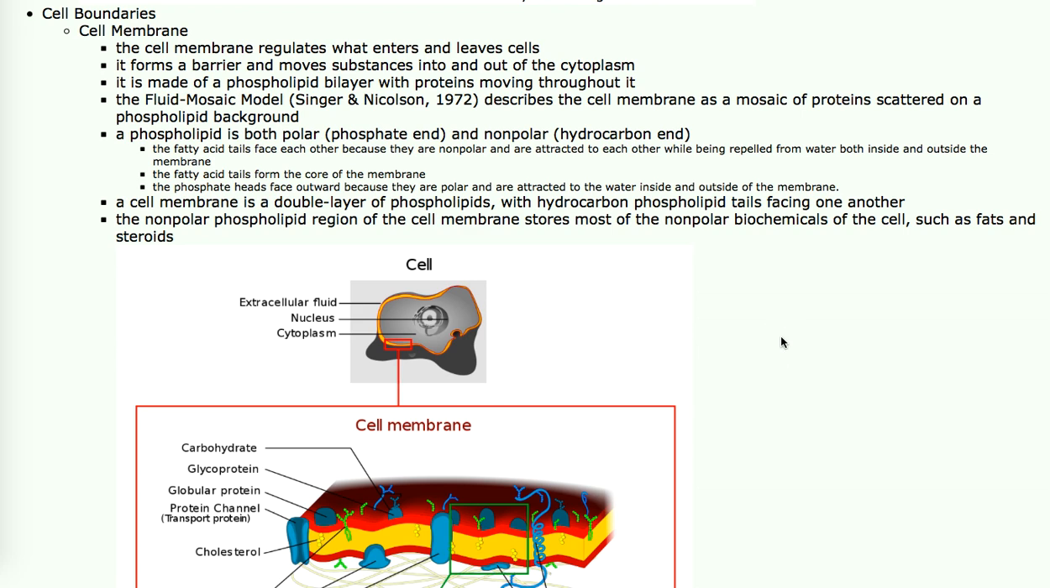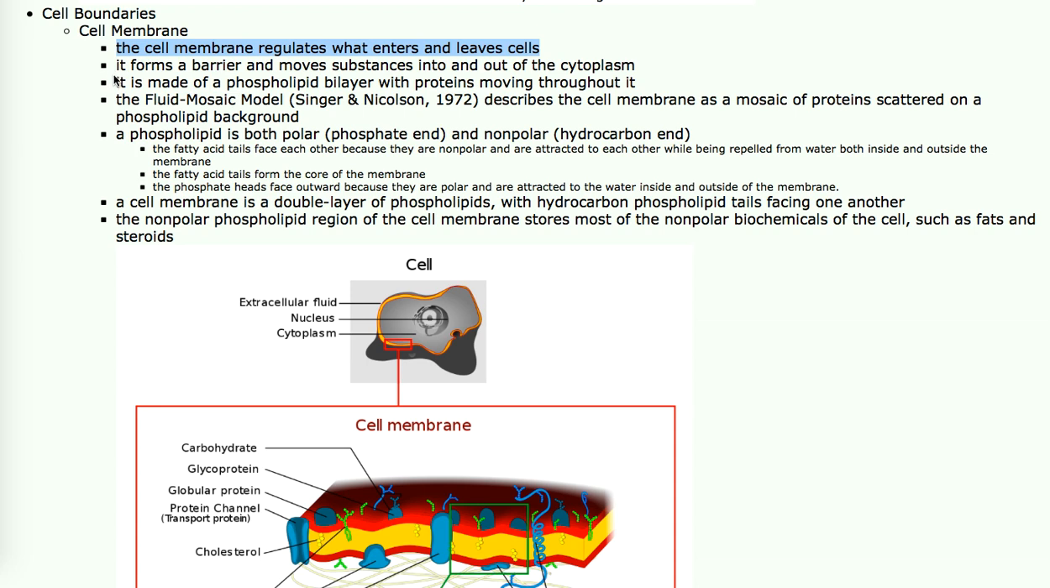So now it's time to talk about cell boundaries because they're so important to the chemistry of cells. The cell membrane is actually a really delicate layer. It really doesn't have any strength, but it has a really important function. It regulates what gets in and out of cells. It is a barrier, and it doesn't just passively determine what goes in and out like just a door, but it actually forms a barrier and it can move substances in and out of the cell because it can have